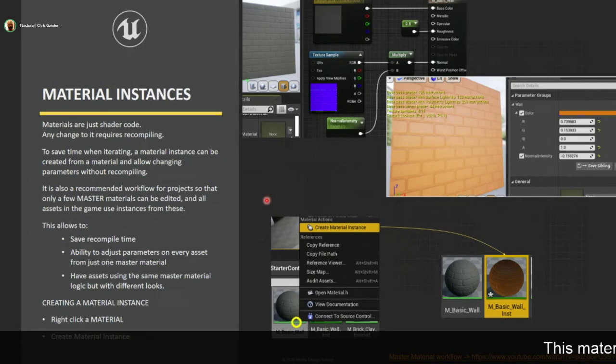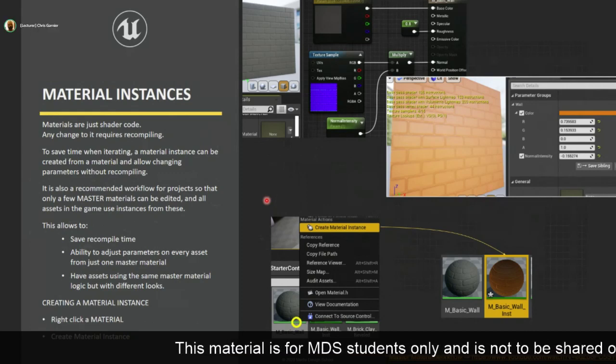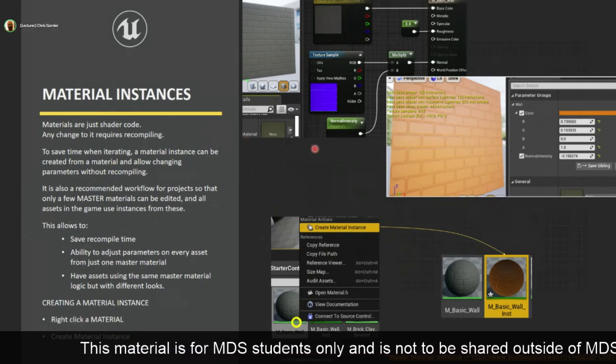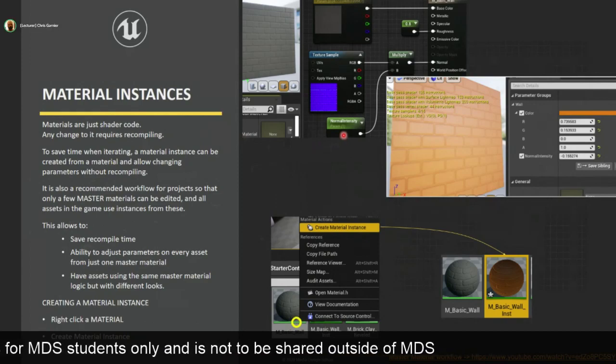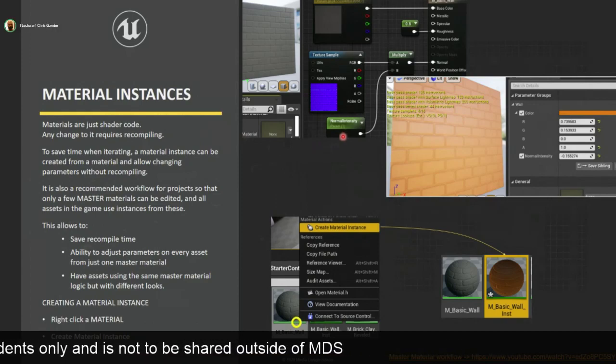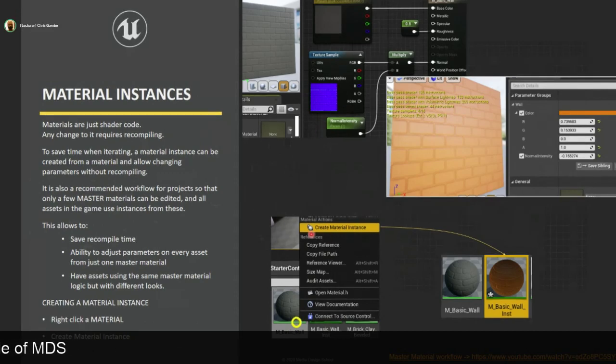A lot of projects will make a master material for props. So any kind of furniture, any kind of world object will have the same master shader that will define, okay, it can have a normal map, color, it can have a parameter for how shiny it is, it can have another parameter for how much metallic amount is in there,